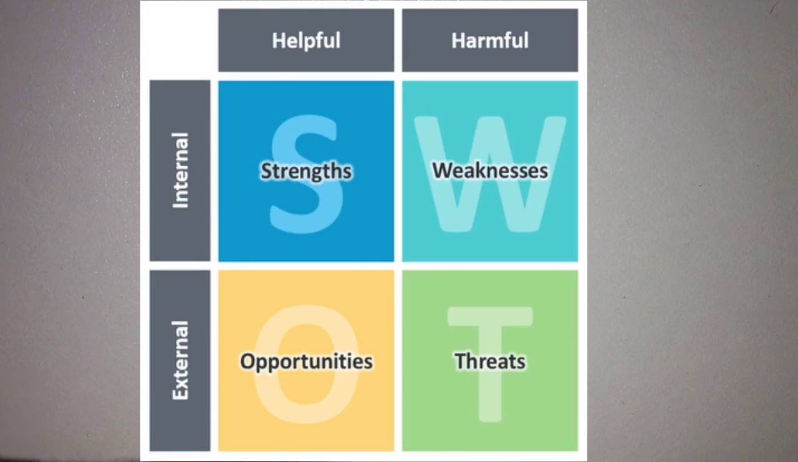And in the name itself, SWOT. So S stands for strength, the W stands for weaknesses, O stands for opportunities, and the T stands for threats. So yeah, that's